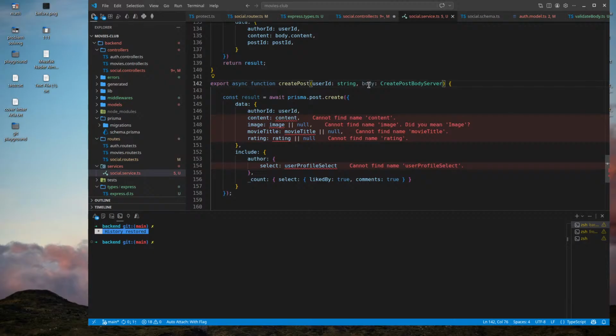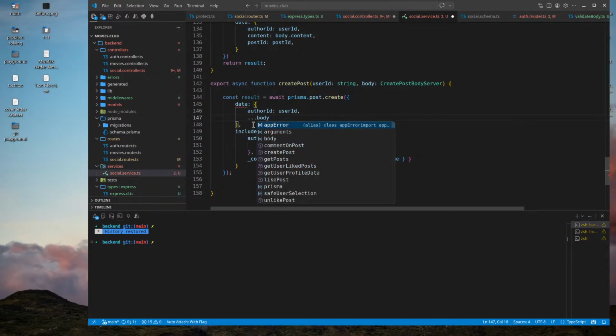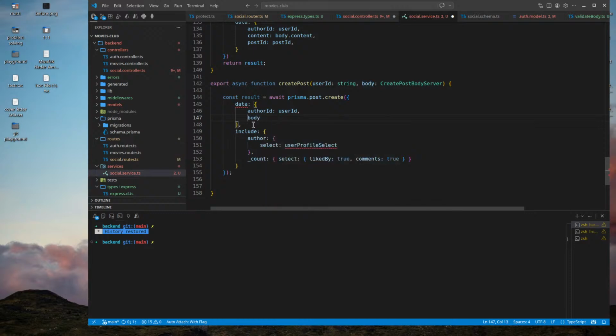And I will spread the body. Why don't I spread the body? I can spread the body instead of this body. No. This works, I don't have to spread.